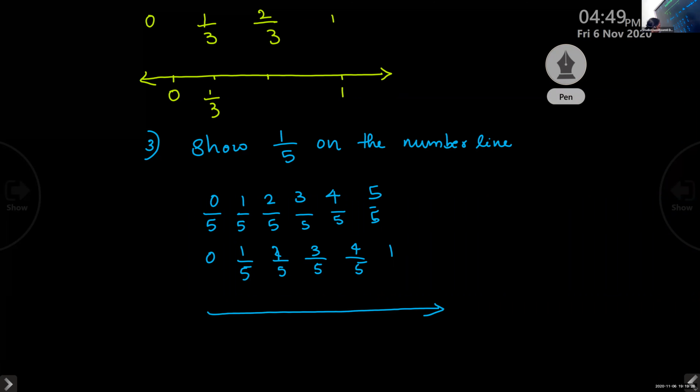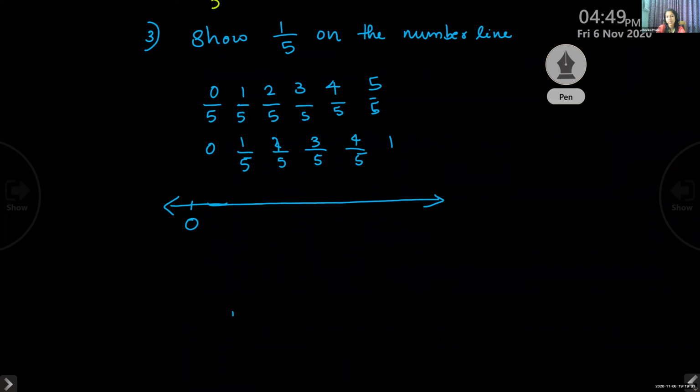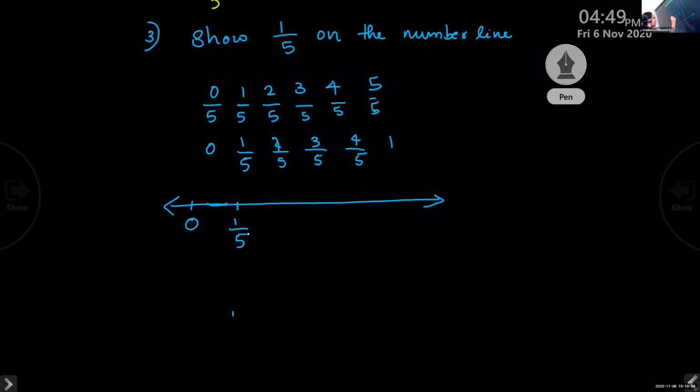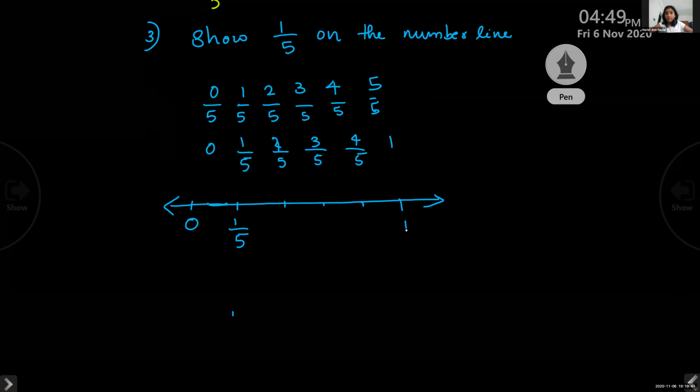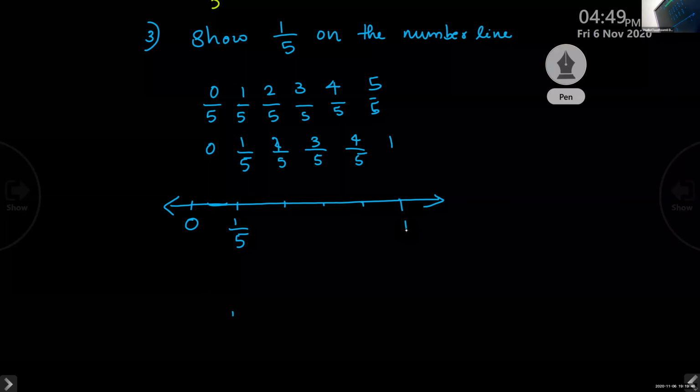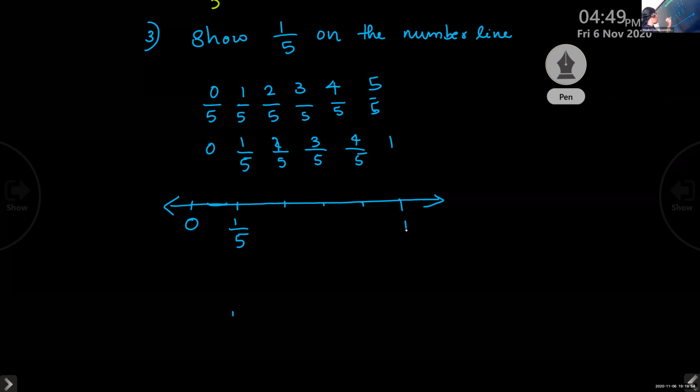So draw a number line. And where is the position? Ma'am, first is 0. And this last one is 1 by 5. And this 2 by 5 just mark. 3 by 5 also just mark. 4 by 5 also mark. And this one is 1. Clear now? Yes, ma'am. Which is asked, which is our question, according to that, you draw the number line. Other things, no need of marking. Clear? But the point should be there. 0, 1 by 5, 2 by 5 represents 1 point, 3 by 5, 1 point, 4 by 5, 1 point, and 1 is another point.